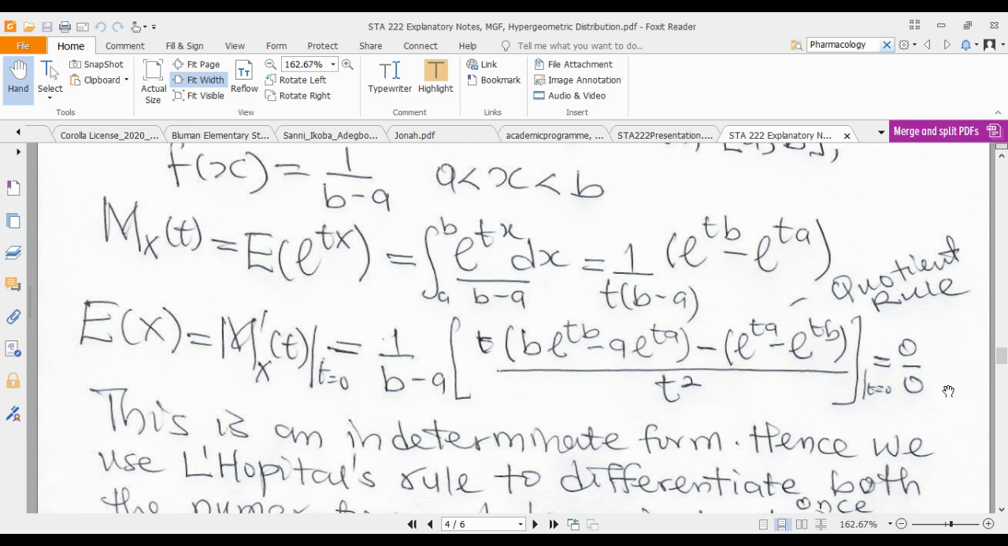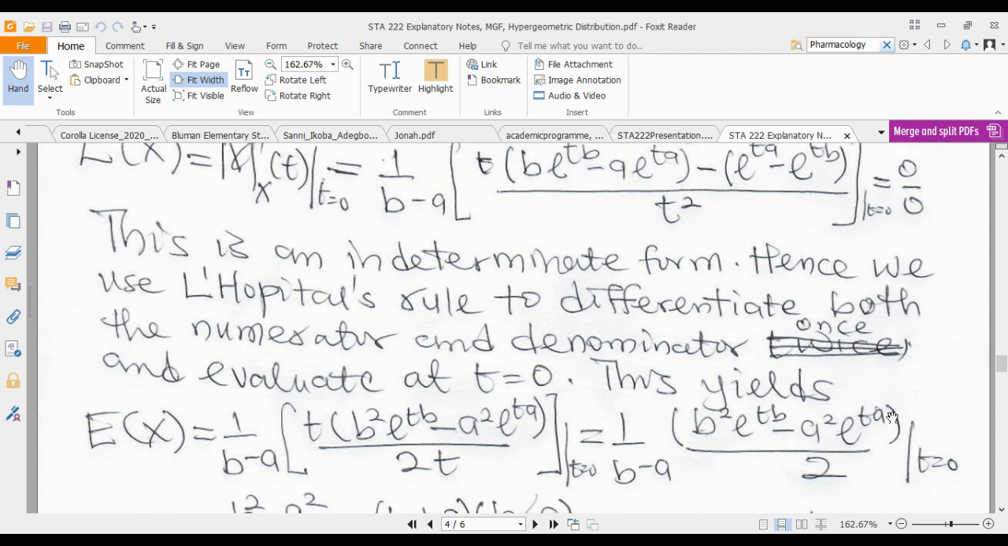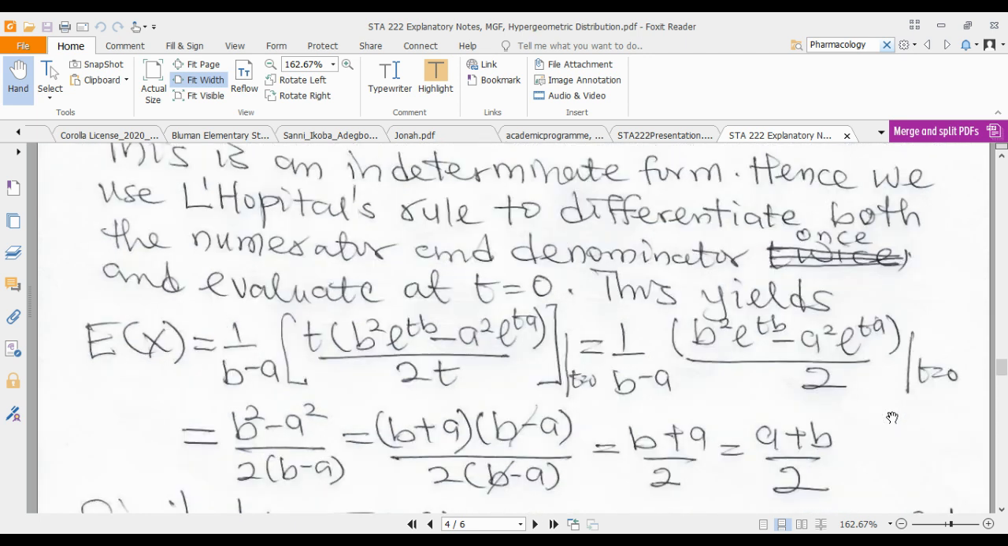So you have 0 over 0, which makes us use L'Hopital's rule for determining indeterminate forms. It is an indeterminate form 0 over 0. We differentiate the numerator and the denominator once and evaluate again to see whether it is still indeterminate. So when we do that, we differentiate the numerator and the denominator. It becomes